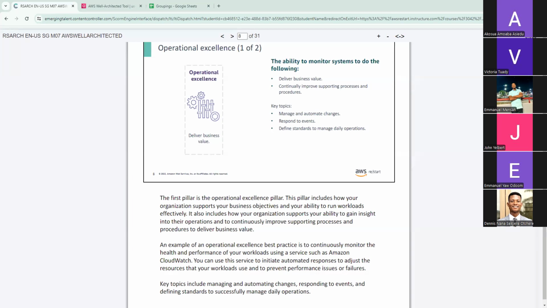Every company performs some kind of operation. Some might be manufacturing, others may be